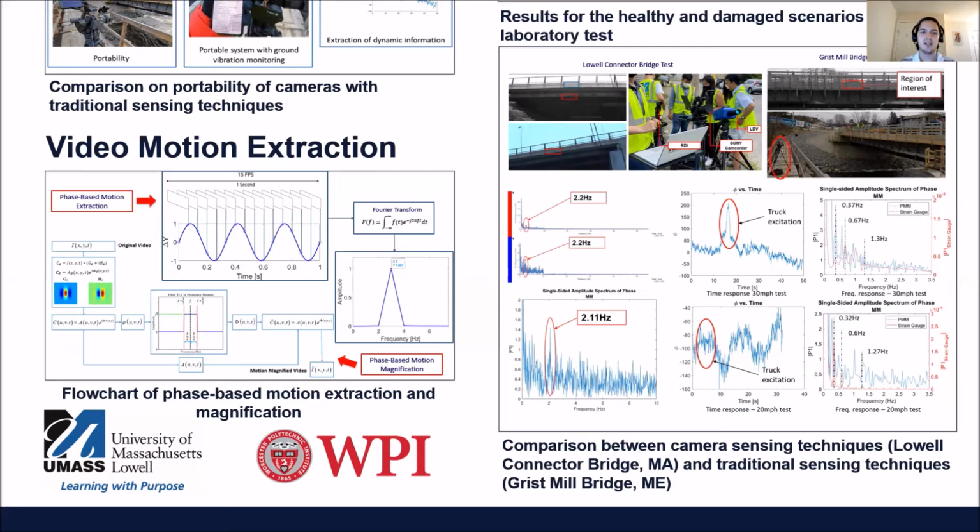Similarly, for phase-based motion magnification, once we convolve those frames with the Gabor wavelets, we get the phase of the frame, and this phase actually contains the position information of my structure. So if I bandpass filter this frame at a specific natural frequency and then multiply by a beta factor, I can amplify the motion of only the mode shape of my interest. With that, I can reconstruct the video and see the bridge, for example, in its first bending mode shape, but now with such a big motion that we can actually see the mode